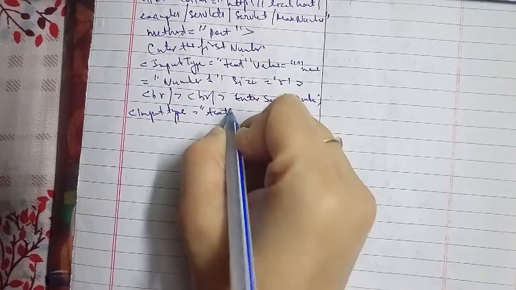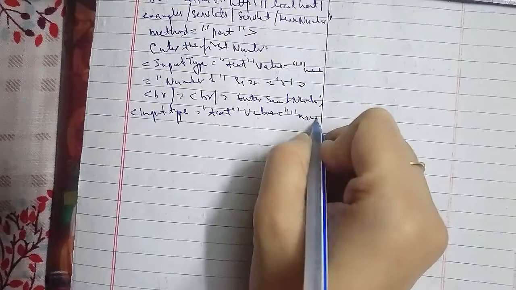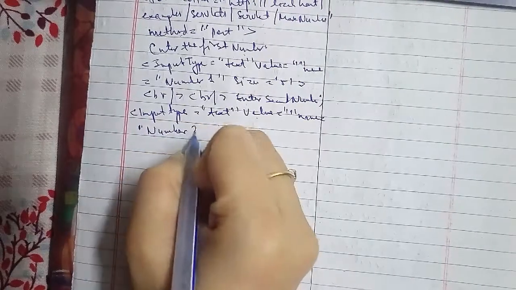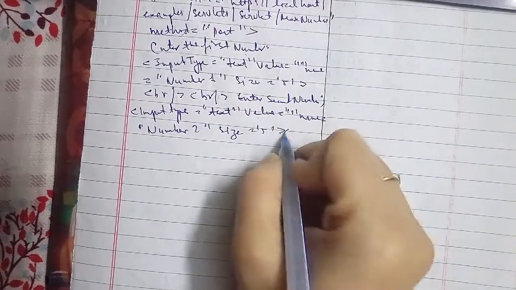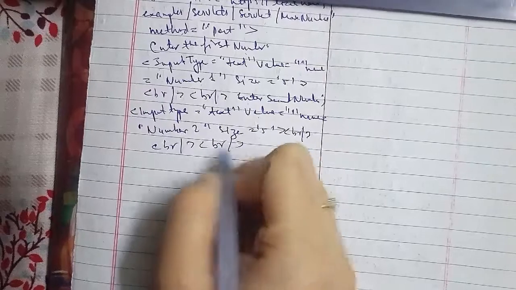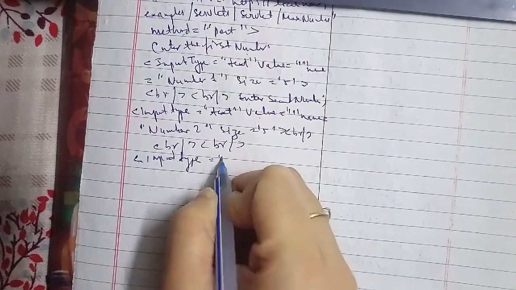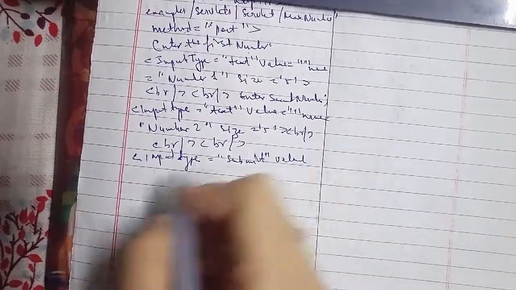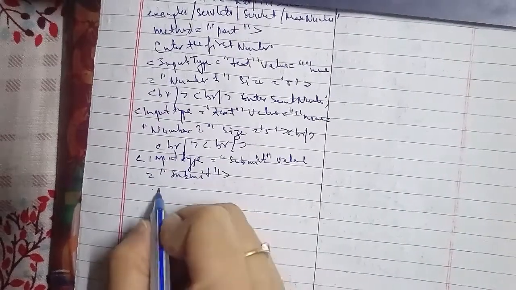Now for step 2, the servlet code that handles the post method and finds the maximum of the two input numbers is as follows, and for that we will create MaxNumber.java. We'll write it out as: import java.io.*, then import javax.servlet.*,